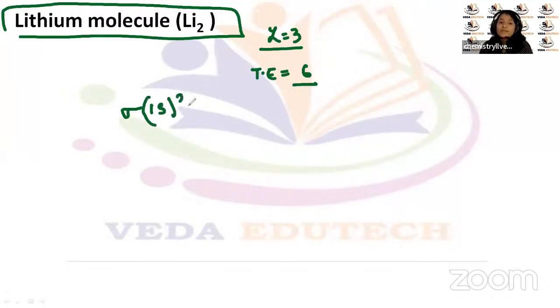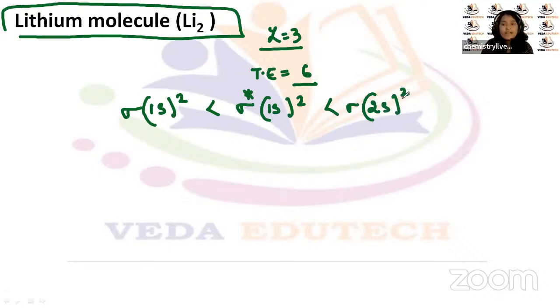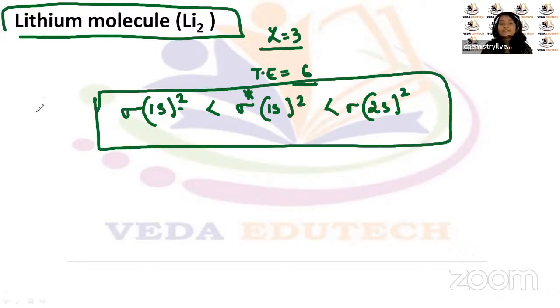1s में 2 रहेगा। फिर क्या होता था बच्चा लोग? 2s सिग्मा स्टार रहता था, है कि नहीं बच्चा लोग? सिग्मा स्टार यहाँ पे 1s में अगेन 2 रहेगा। फिर क्या रहता था? सिग्मा 2s में 2 रहेगा। क्या इतना क्लियर हो गया कि आगे और लिखें? आगे और क्यों लिखें? यहाँ पे 2, यहाँ पे 2, यहाँ पे 2, टोटल 6 इलेक्ट्रॉन्स हो गए। तो ये उसके हिसाब से तुम लोग मॉलिक्यूलर ऑर्बिटल डायग्राम ड्रॉ कर सकते हो।